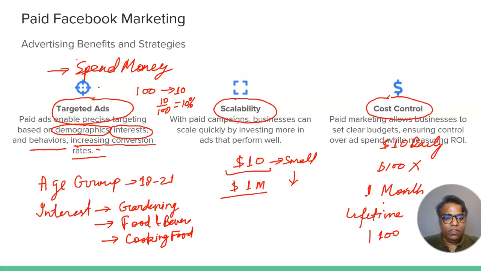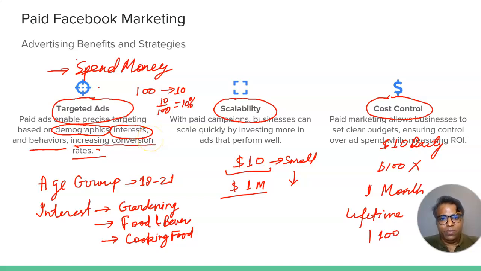And what are the benefits? We talked about targeted ads. It allows you to target on the basis of demographics, interest, behavior, and because of that, you get a good conversion rate. It allows you to scale up, so on the basis of your budget, you can